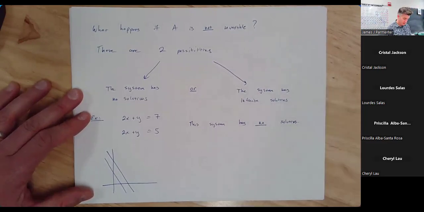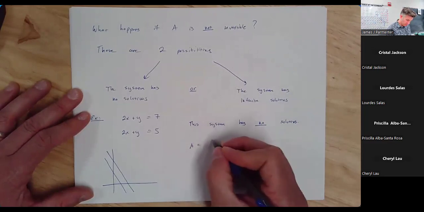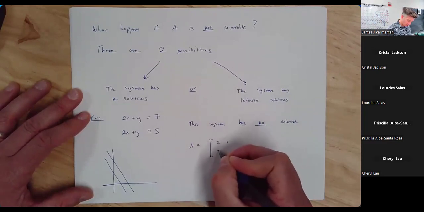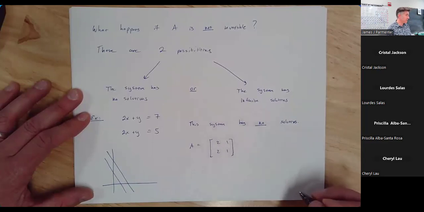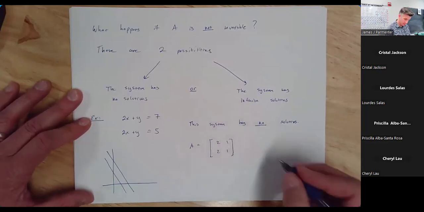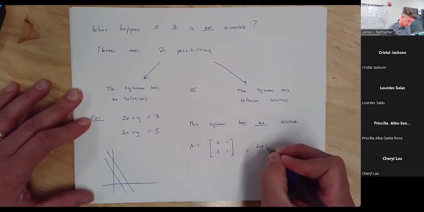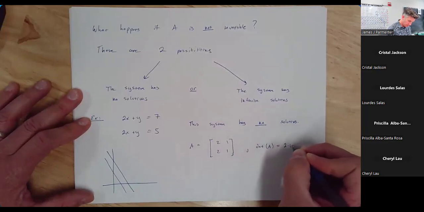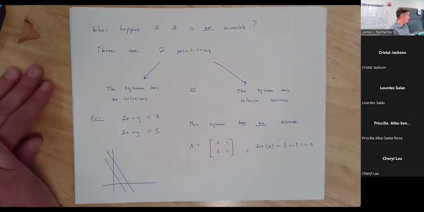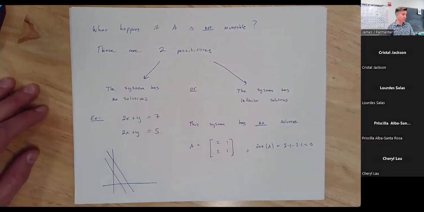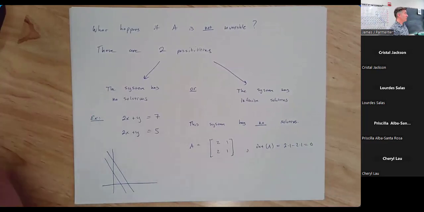And I'll point out that the matrix A, which would be 2, 1, 2, 1, definitely is not invertible. Its determinant is certainly 0. So sometimes when the determinant is 0 or the matrix is not invertible, you don't get any solutions. But on the other hand, you could have a similar situation, but now